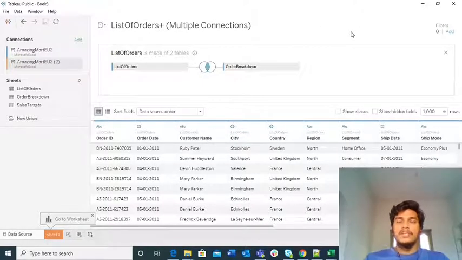That means blending is nothing but a smart join where we are able to join based upon multiple categories with respect to the granularity that it has. So this is why we are not using a join in all cases. If you want to join multiple fields, that is why the blending concept is there.